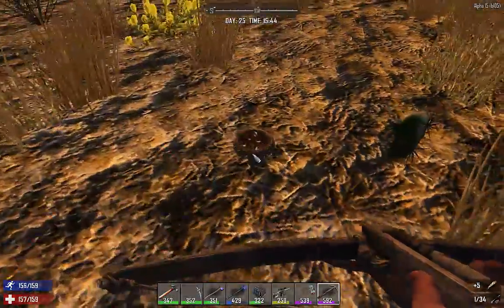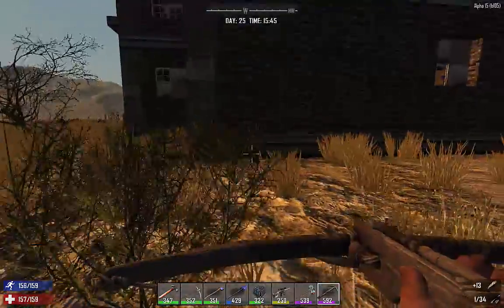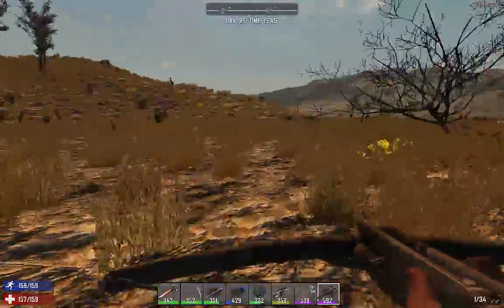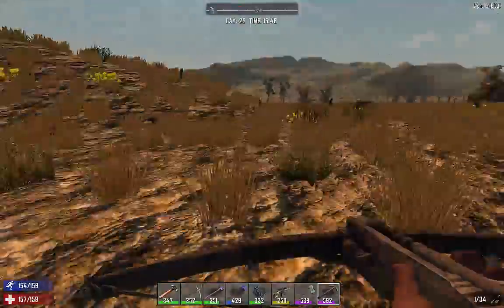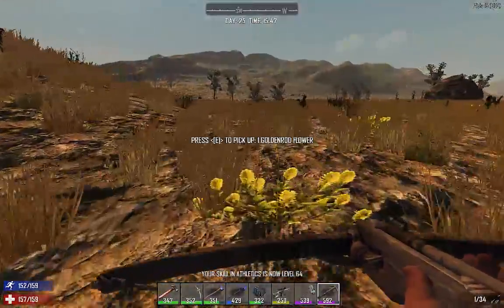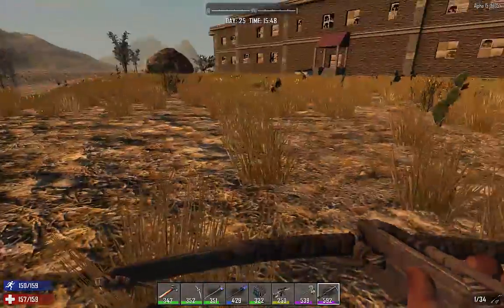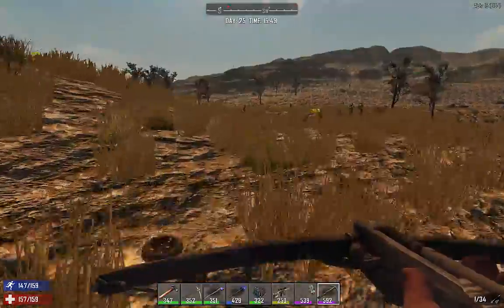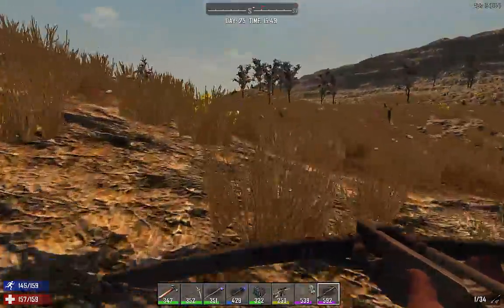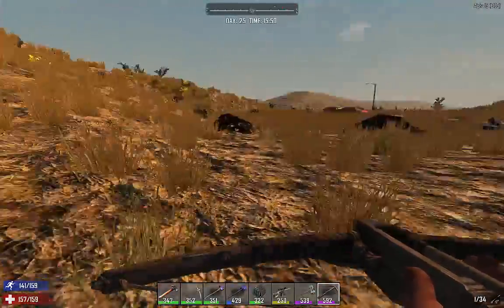So I will forego that for now for a future episode when we tackle the full stadium. I just wanted to get this stuff explored. Plus a little bit of running helps my athletics. You know, once you get a mini bike, you do a lot less running, so your athletic skill does not go up nearly as fast, which is